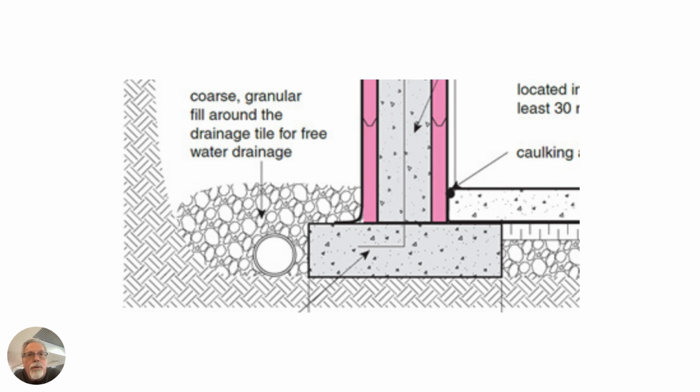Well, you don't always get an operating footer drain. What happens is you get a footer drain that clogs. And when that clogs, that's what allows the water to sit in the soil and push on the foundation wall, which ultimately can often lead to bowing walls. That's one of the problems I've written many posts and done many posts on. So that's what you want to do, is get water away from the foundation, and that's the job of the